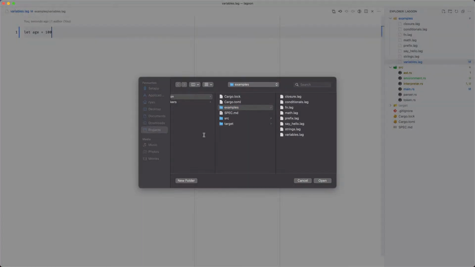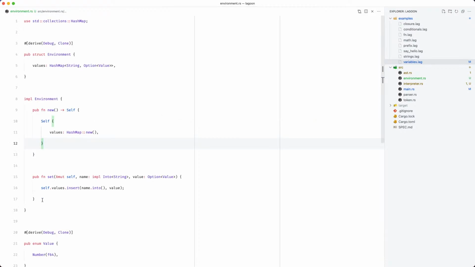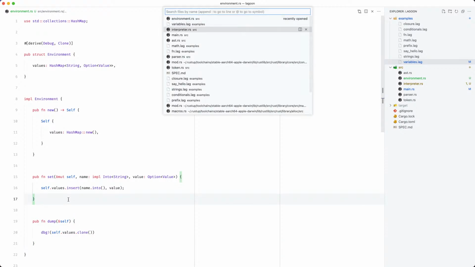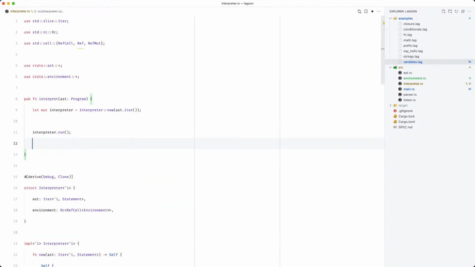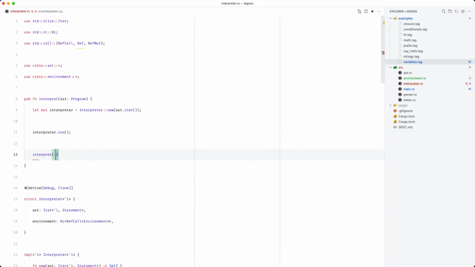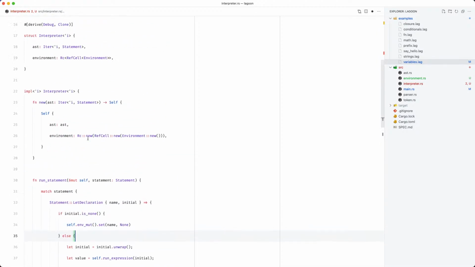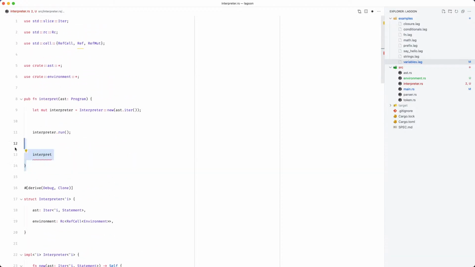But if we add a dump method here, so dump, we'll just do debug self.clone or self.values.clone. And inside of our interpret method at the end, we can just do interpreter, or perhaps at the end of the run method instead.